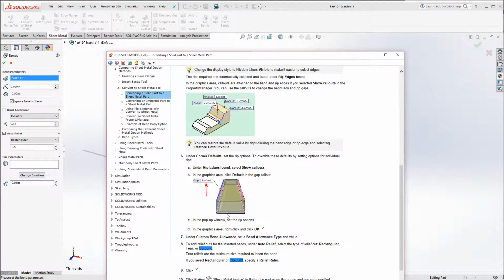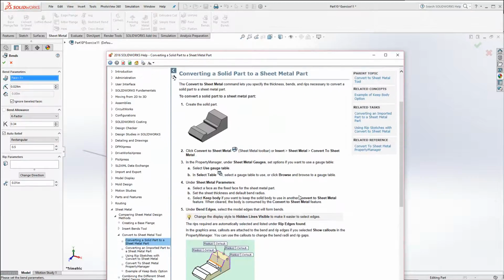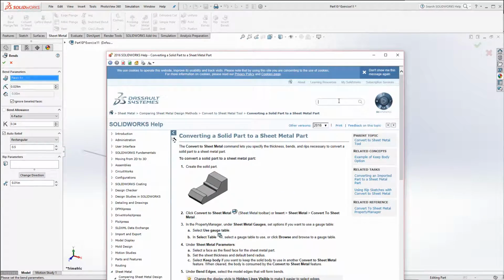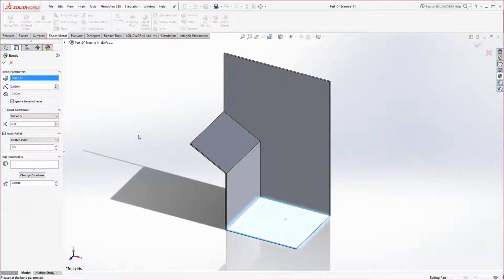And they usually have a pretty good image of what the obround looks like. And here I'm not seeing it. Somewhere in here there is actually, let's do a rectangular. Okay, anyhow, I'm not seeing it offhand, but essentially what it does is